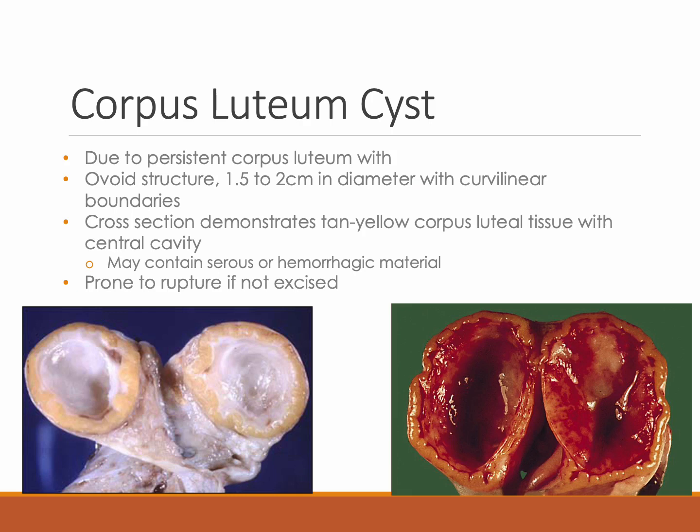Now, if we can get a remnant follicle, we can also get a remnant corpus luteum. So a corpus luteal cyst is just a persistent corpus luteal structure. Now, if you recall, the corpus luteum was the primary stand-in endocrine structure for pre-pregnancy. This is going to help produce the progesterone to keep the uterine lining going until the placenta can essentially take over. So what you'll see in these cases is basically that nice curvilinear yellow